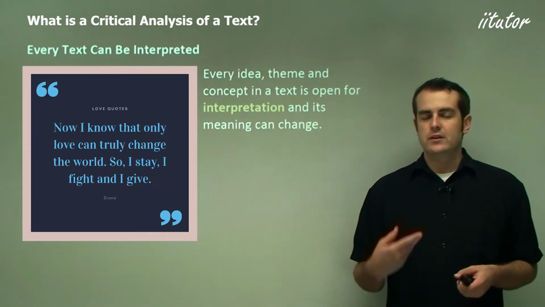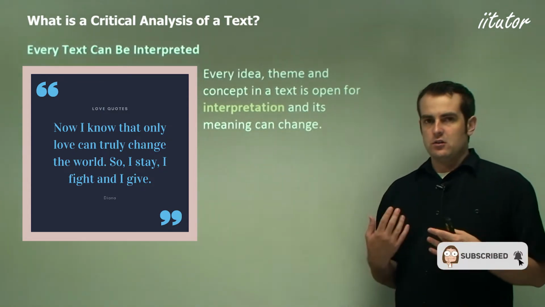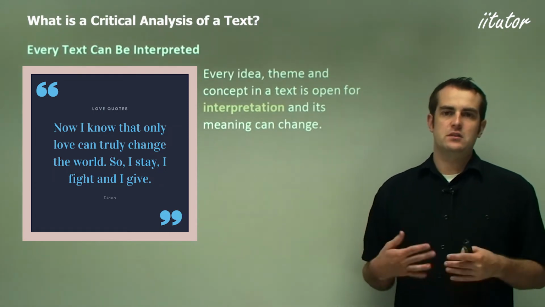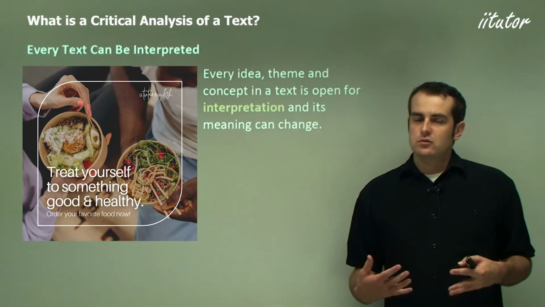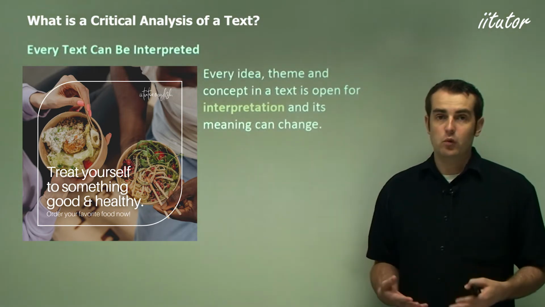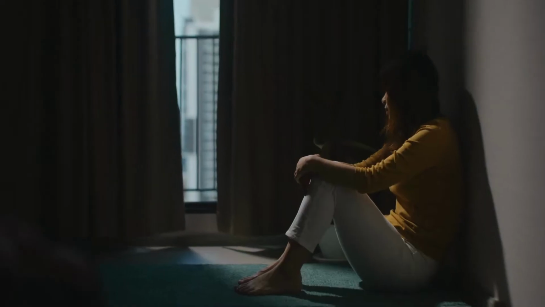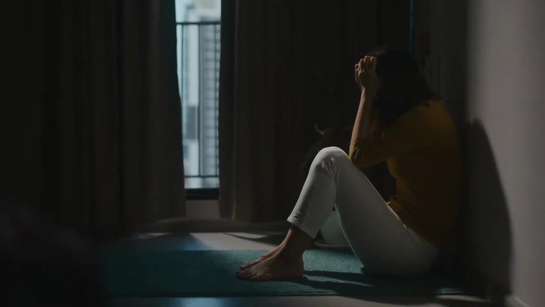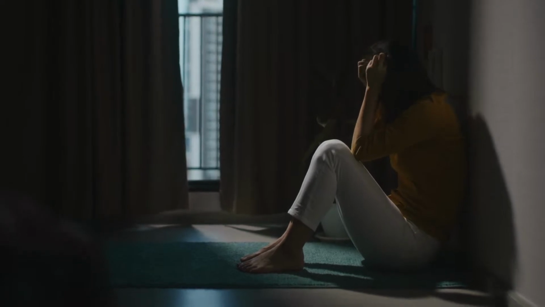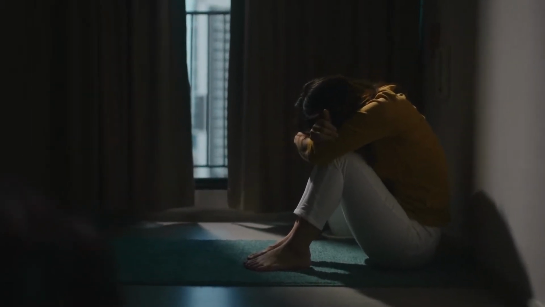For you to be able to engage with a text, it must give you something that you can interpret. So something that you can read, something that you can feel, something that you can think about, a reaction to reading it. All of those things come through just reading a text, or watching a film, or anything else like that. So if you see a movie and it gives you that feel-good ending and makes you cry a little bit, you're interpreting the text and getting that really sad feeling at the end of it, or a happy feeling if it's a happy film. This meaning can change in virtually any text.